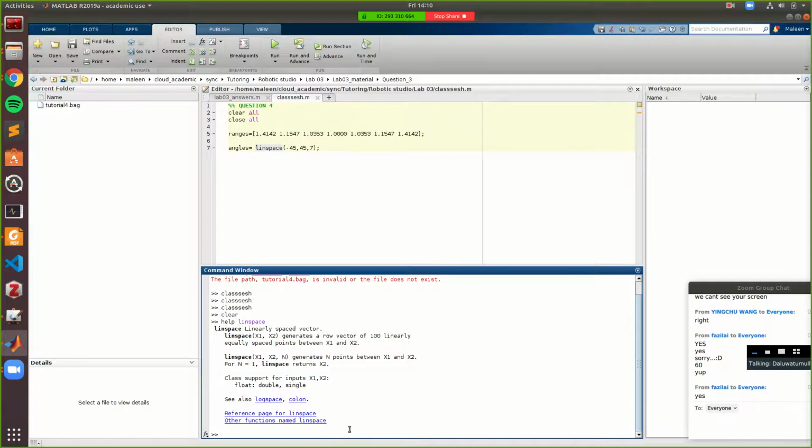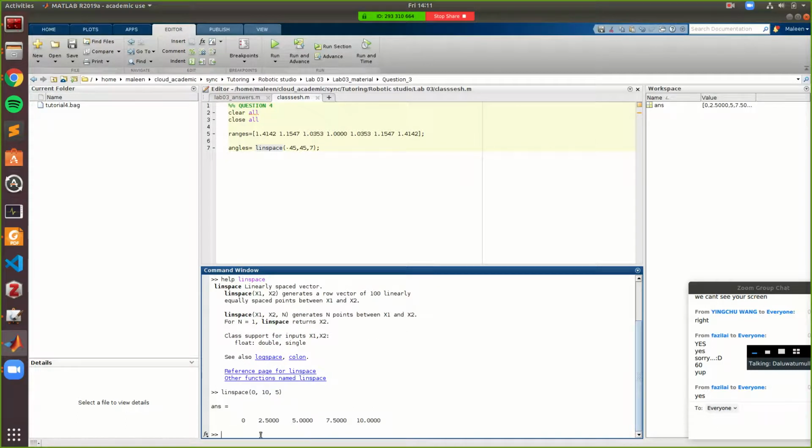For example, let's say you want to divide points between 0 to 10 into 5 points. You would use this: here you'd give 0, here you'd give 10, and here you give 5, and it will divide it into 5 points, including the ends. So it will look like this. Cool. It'll include the 2 endpoints as well, 0 and 10,